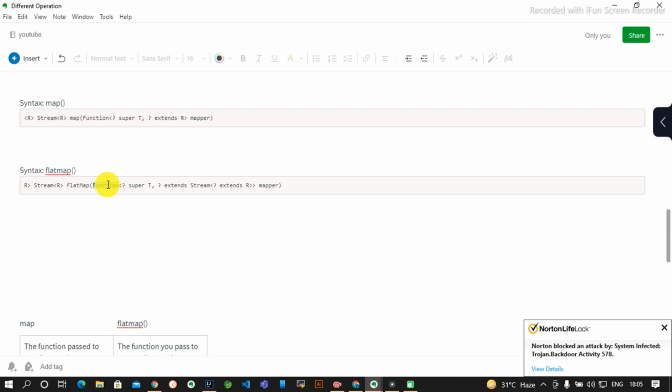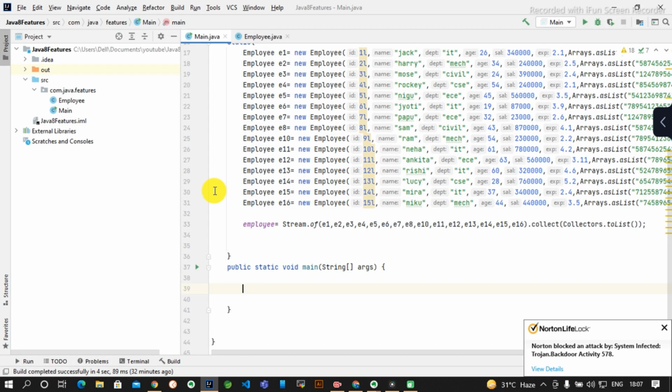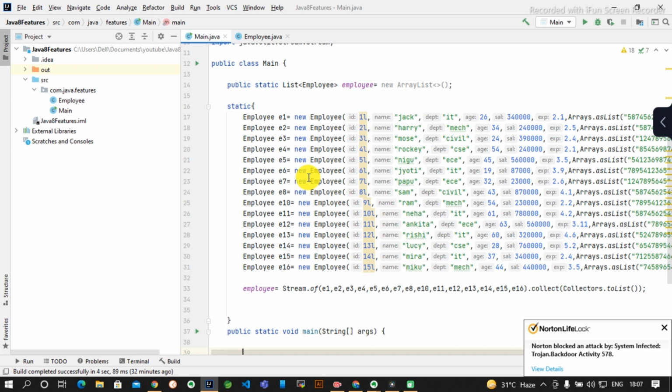That we can do using flat map, which we are going to see in a few minutes. Okay, let's not waste time, directly dig into the code.